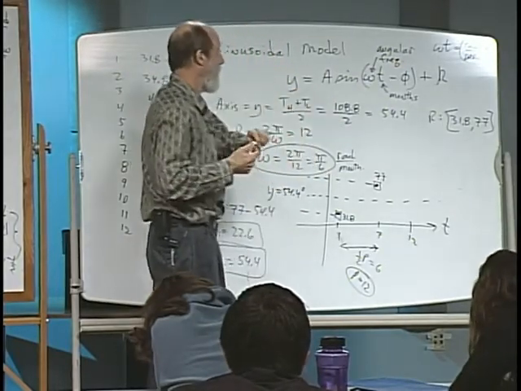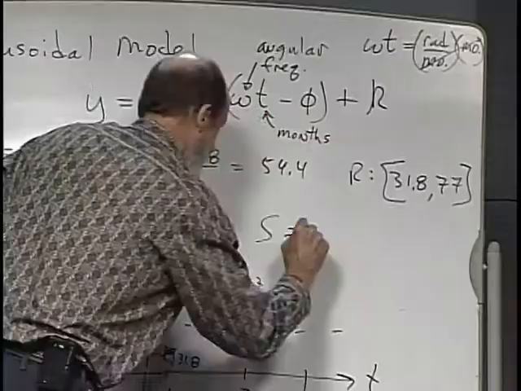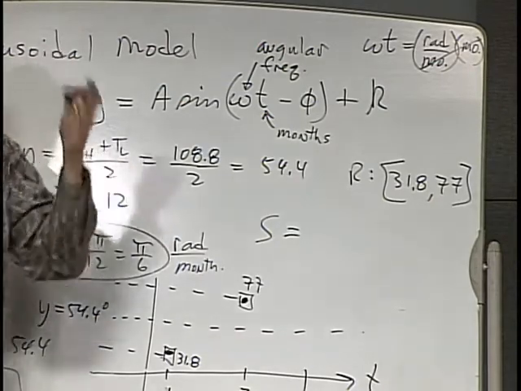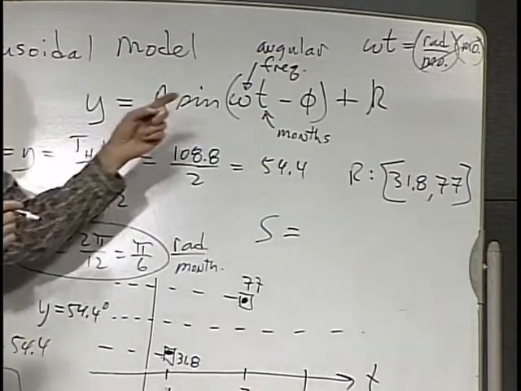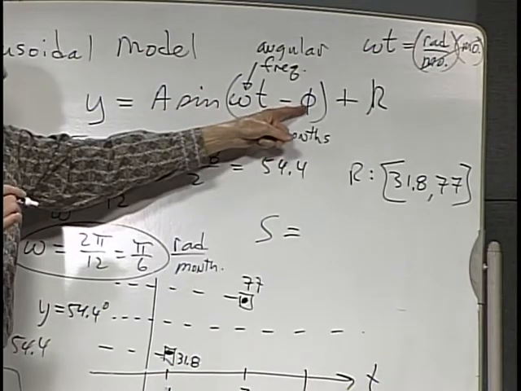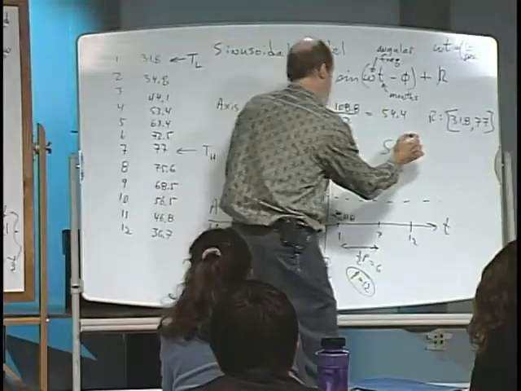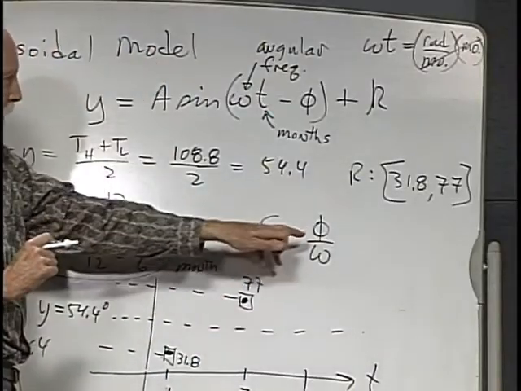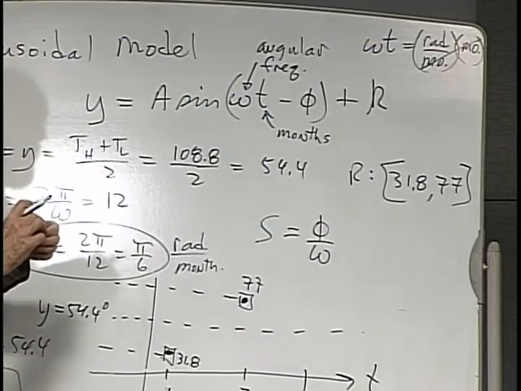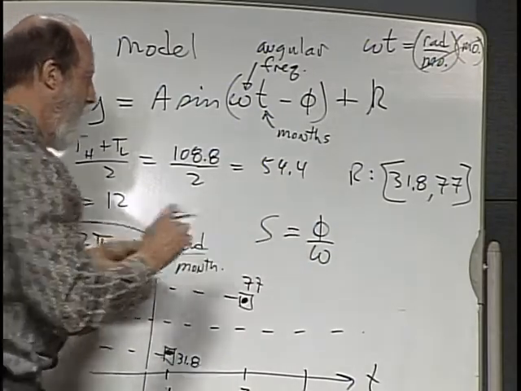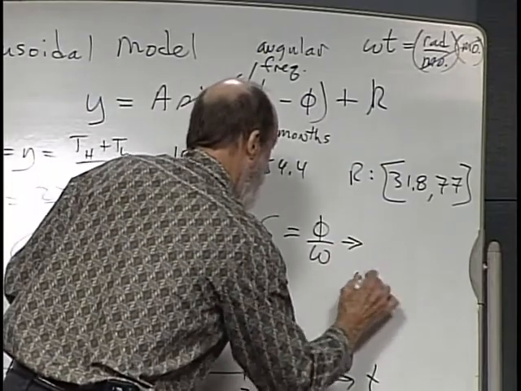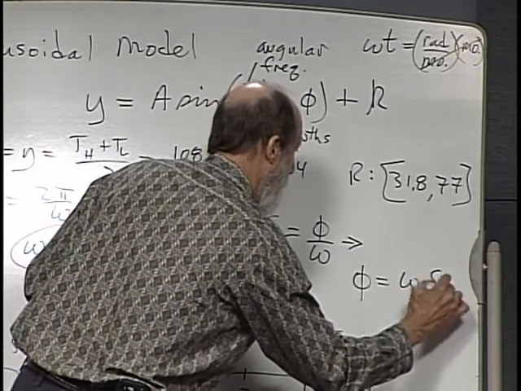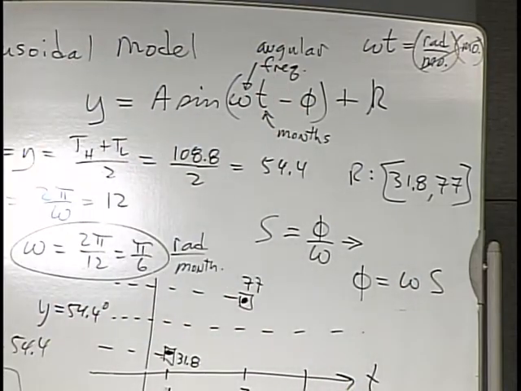So how in the world are we going to figure out the phase shift? I went over this earlier with you, previously. Without me reinventing the wheel, you can go back to earlier sessions, it's phi divided by omega. Phi over omega. So this phi value is going to be equal to the phase shift. This implies that phi is going to be equal to the phase shift times the omega. Now, if I look at my data set,